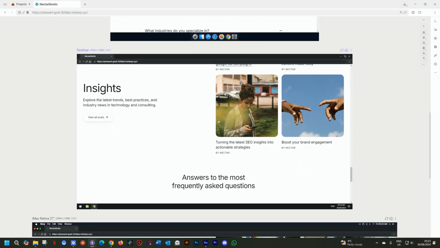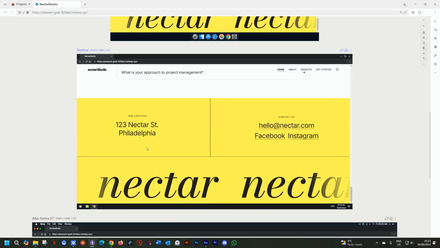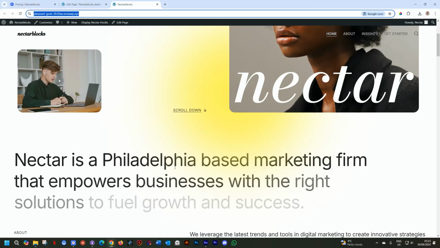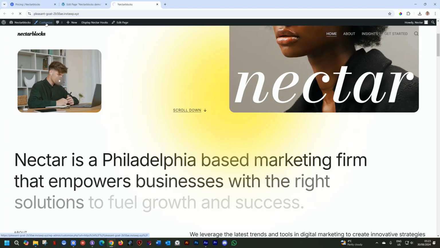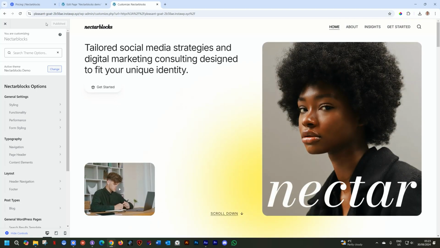layout. I love this layout. Love how it's done. I would have just dropped the animation entirely, and I won't say anything anymore about the animation. We're done with that. Let's go and click on customize and see where this takes us. Okay, so we are going into the theme that they've talked about, the Nectarblocks theme, and